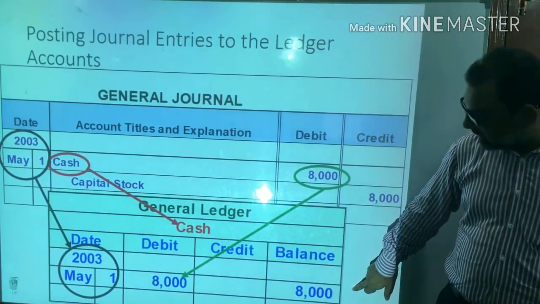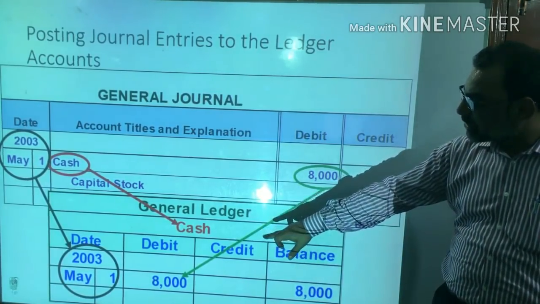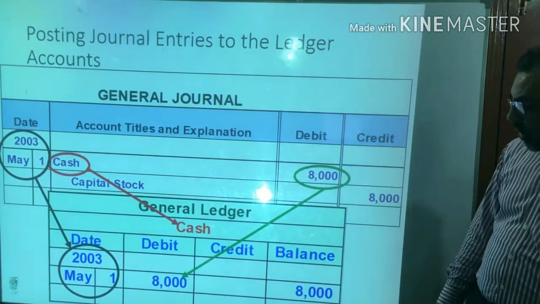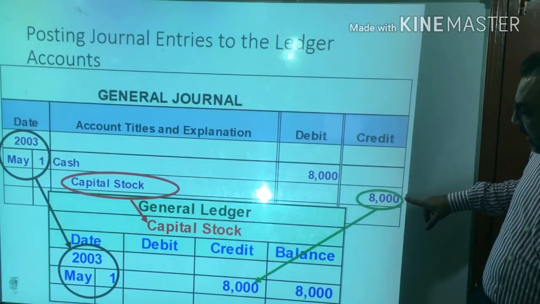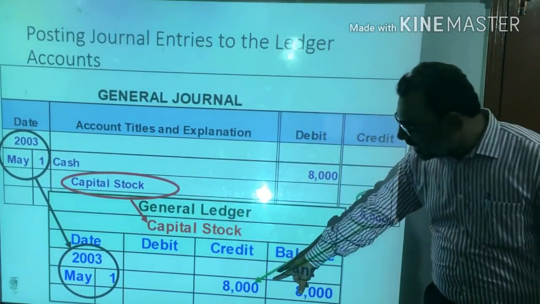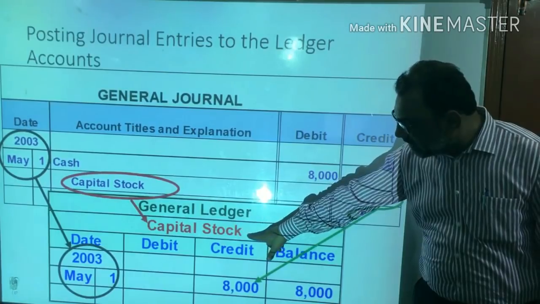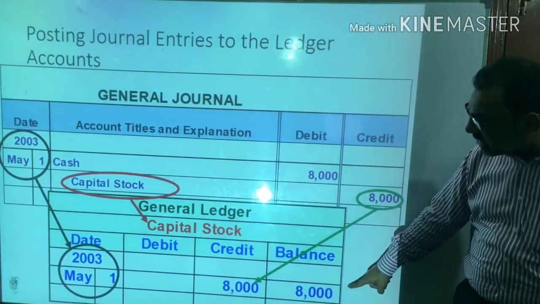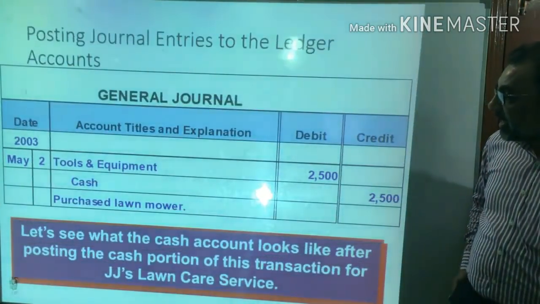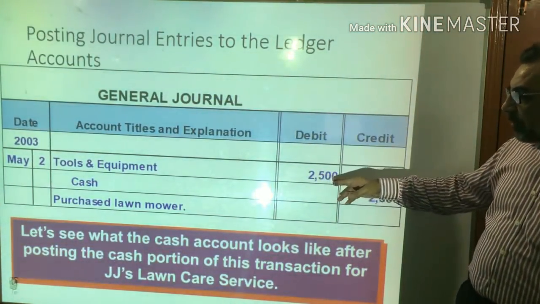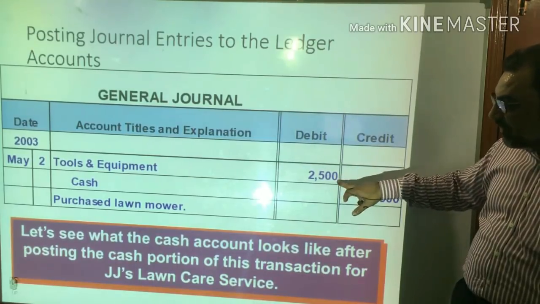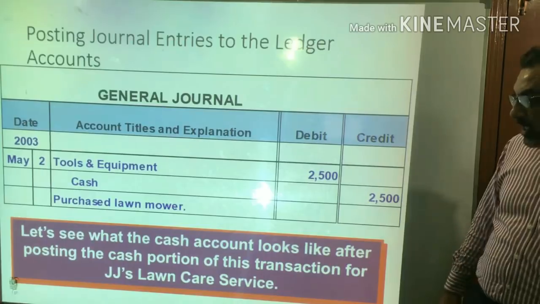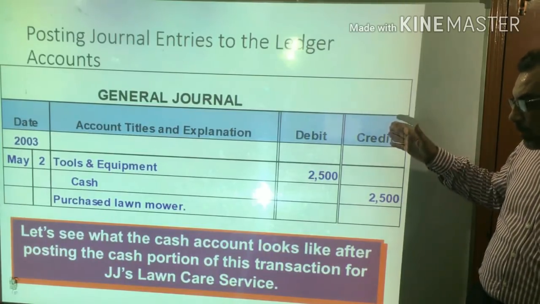That is, your balance is 8,000 after this transaction. Similarly, in the next slide, when the capital stock is going to be credited, you can record that on 1st May the title of the account is capital stock and it is credited, and the balance of capital stock is 8,000 after this transaction. And then the tools and equipment that is bought on 2nd of May, 2,500, and cash is going to be